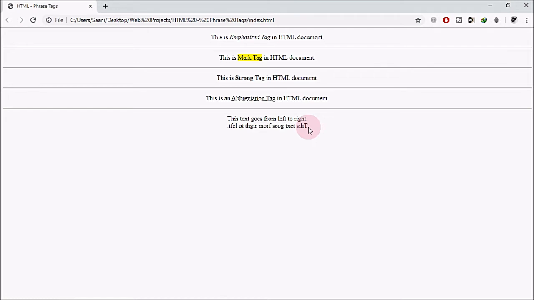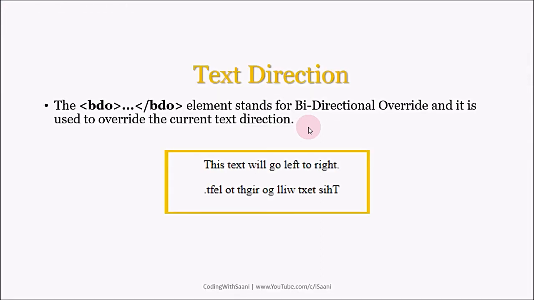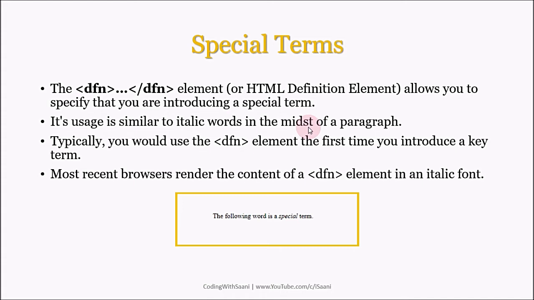So in this way, you can change the direction or flow of your text in a paragraph by using the bidirectional override tag. Now, if you want to introduce a special term inside your HTML document, then you should